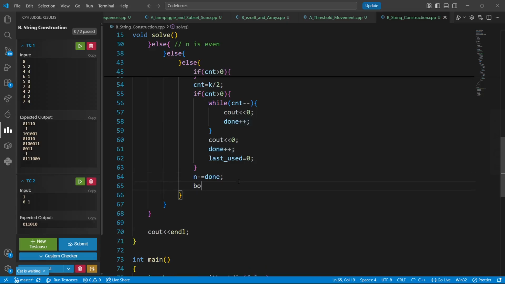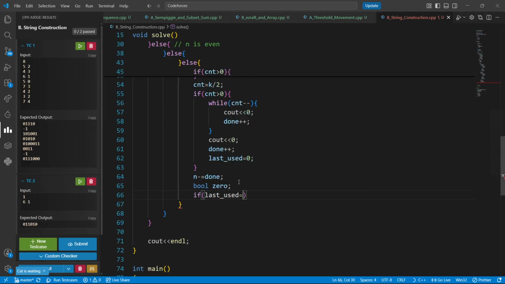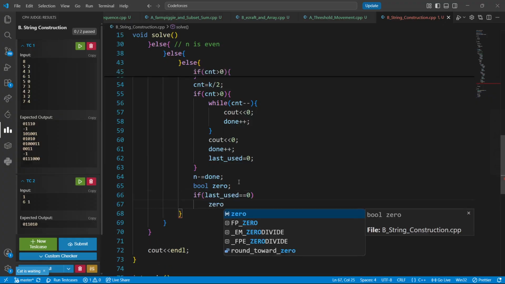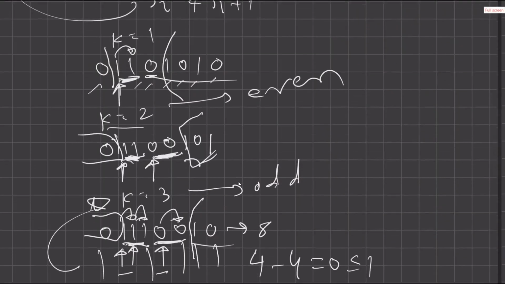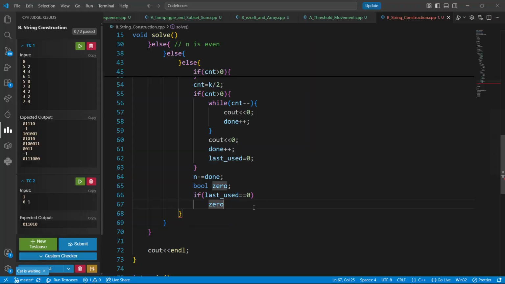And now we'll take one variable, a bool, which is 0. Initially we can set it this way. We need to check if last used is 0. If last used is 0, then we need to use the next element as 1, because for the remaining we are printing, right? It's like when case 4, these things we have done. Last used was 0, so for the remaining one we have to start with 1. For the remaining, we're starting with 1, which means we need to have false, and initially we'll be taking it as 2,